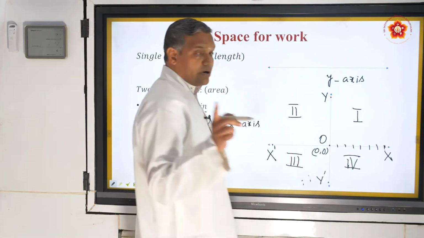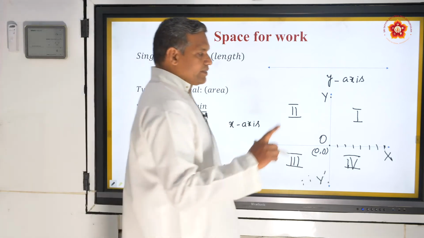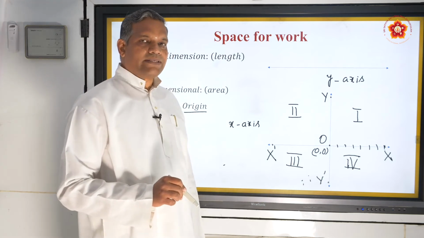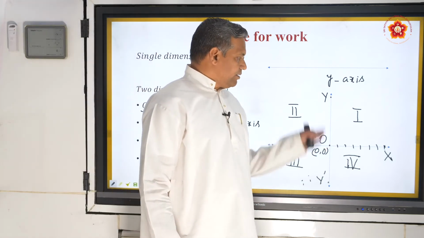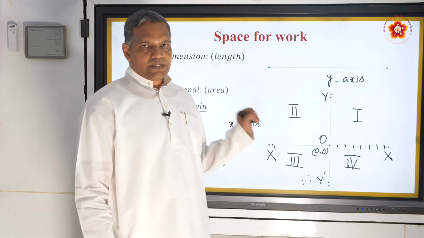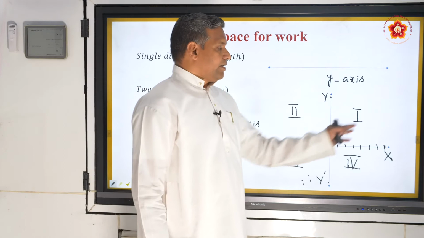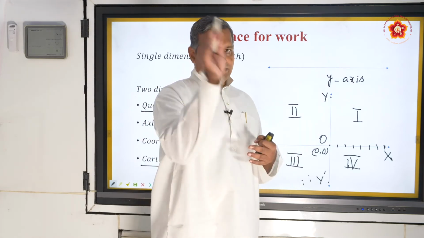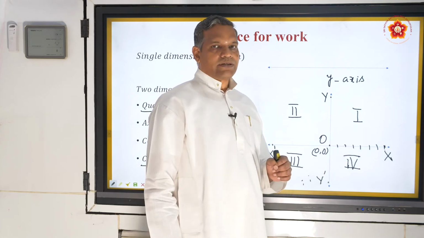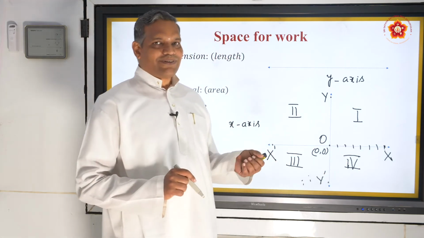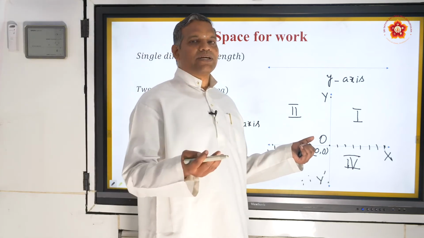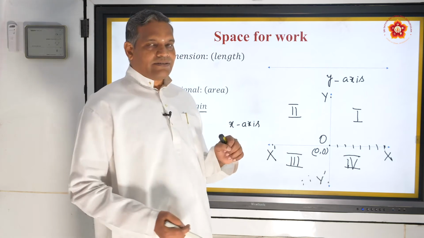Arrow marks, another important thing. It's a must to have arrow marks in all 4 directions. Why is it? Because this Cartesian plane, or this x and y axis you are developing, is not limited to this particular area. They stretch themselves infinitely in either direction. So that is the reason it's a must to have an arrow mark. I've selected one sum for you in which I crossed the graph sheet to show you the importance of the arrow marks.